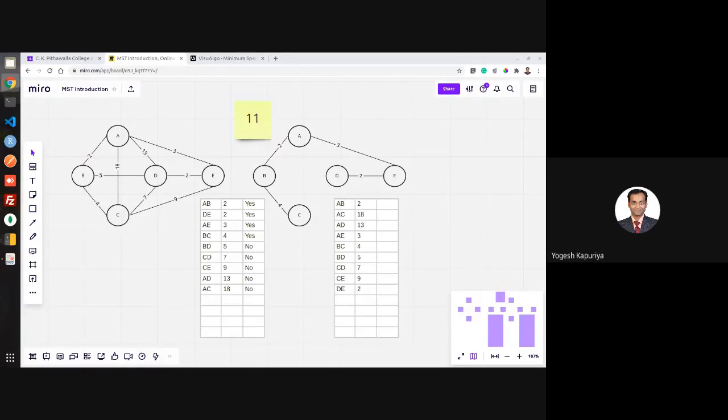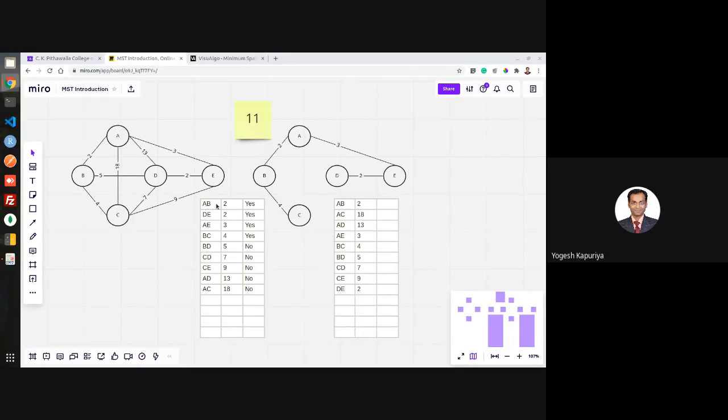Today we will continue with our discussion on minimum spanning tree. We have discussed the approach for Kruskal's algorithm. Let's have a quick recap of what Kruskal's approach is doing. You have been given a graph. For the given edges, the first step is you sort the edges in ascending order of their weight. So this will be the first step.